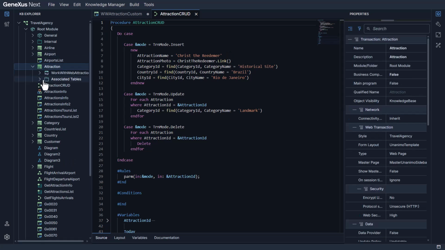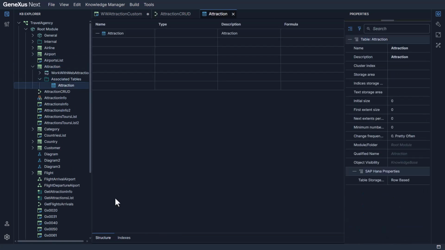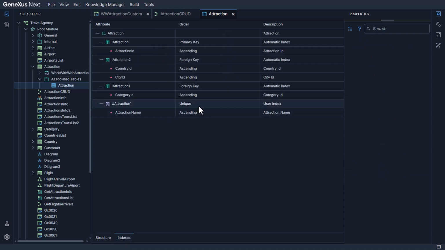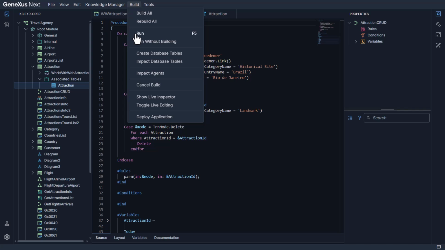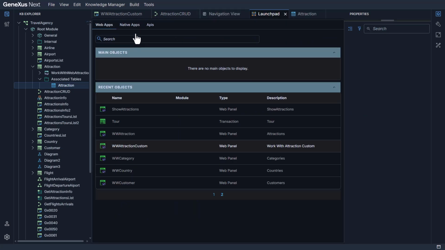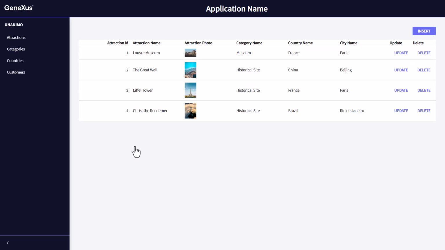If we didn't have a unique index for attraction name, that's exactly what would happen. We would end up with 2 attractions named Christ the Redeemer. However, let's try. Nothing happened. That's because CRUD commands don't allow us to catch database exceptions for referential integrity violations, but they do